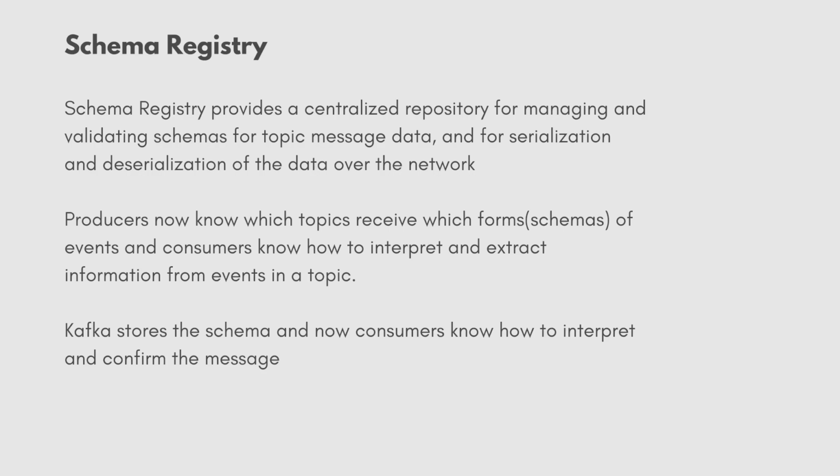With the schema registry, the producer, before sending the data to Kafka, communicates with the registry and checks if that schema is already available, right? Did I already send a message previously with this same schema? Well, if it doesn't find that schema, then it registers that structure, and the schema registry will cache that schema internally. Once the producer gets the schema, it will serialize the data from the schema and send it to Kafka in a binary format. It'll be prepended with the ID of that schema, because each schema, like I said, is cached and assigned a unique ID.